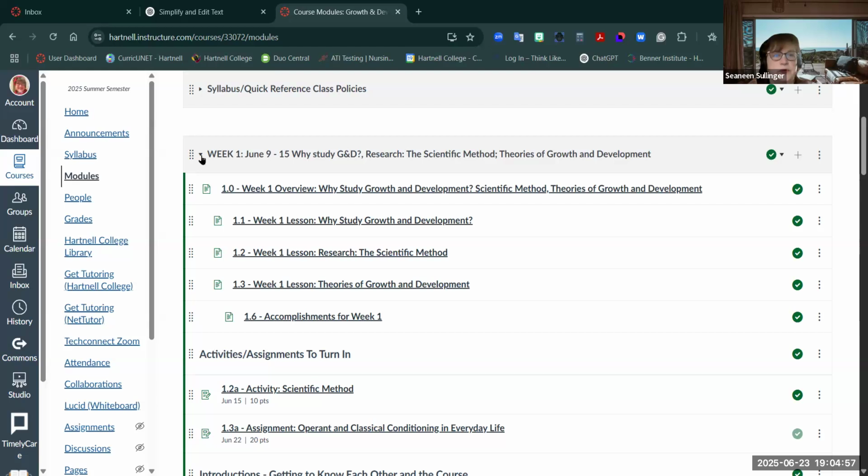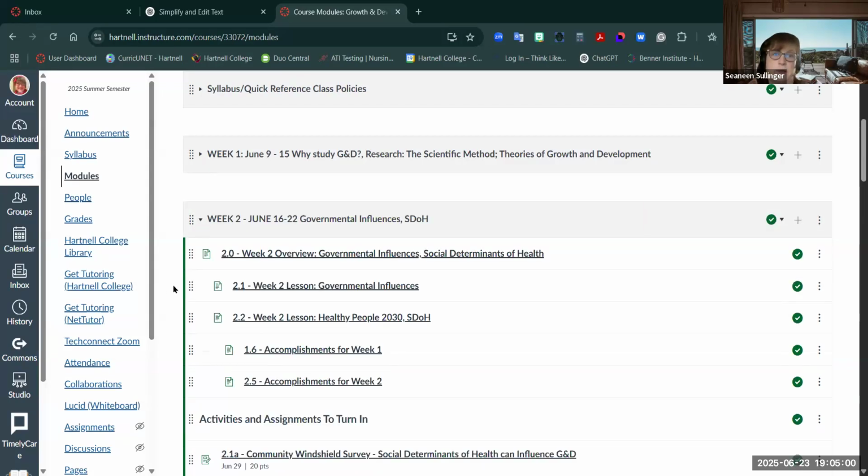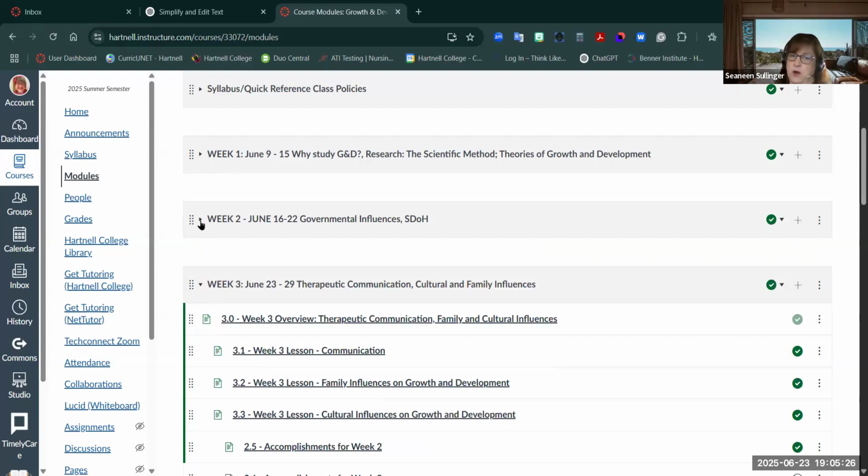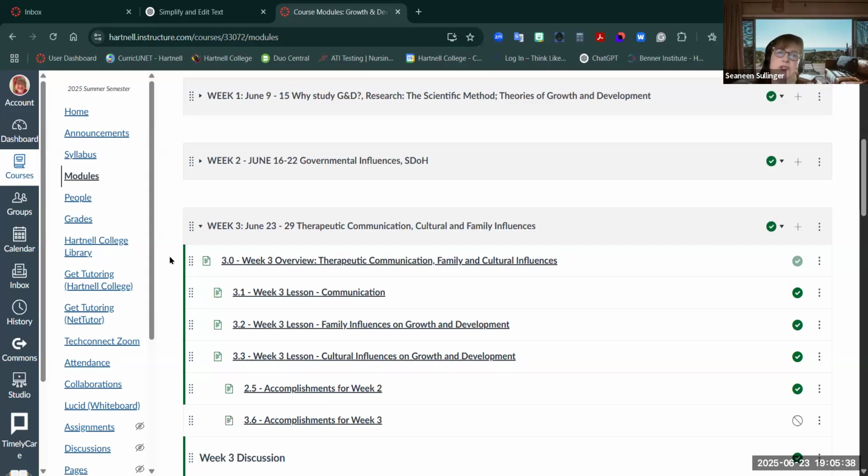And then in week two, we moved on to social determinants of health and governmental influences. Governmental influences, policies, power, those kinds of things could be thought of as structural determinants of health. We don't cover that as much in this class. That's more of a public health concept. But these are things that can affect health at different stages of growth and development. So that's why we look at those, because remember, this is a growth and development class specifically for healthcare professionals, not just like Psych 25, which is a lot of the physical kind of changes and theories. And this, we're weaving in health education as well.